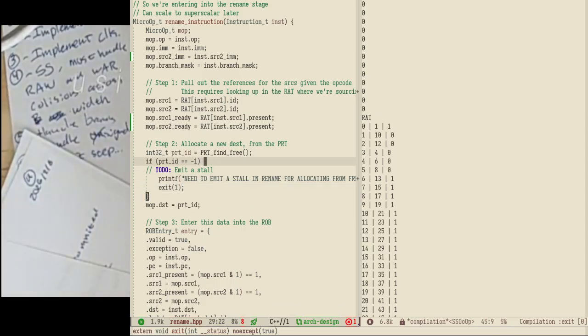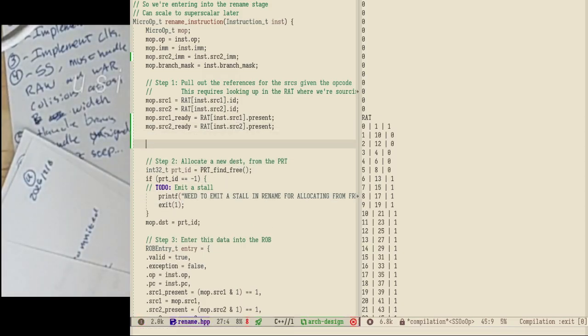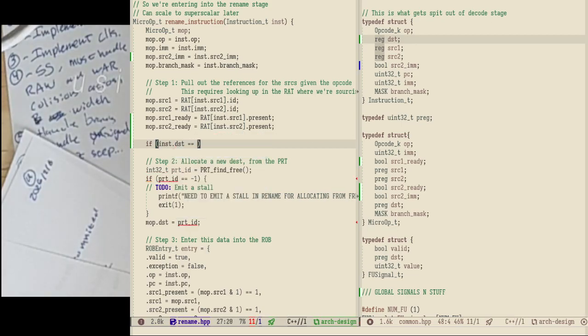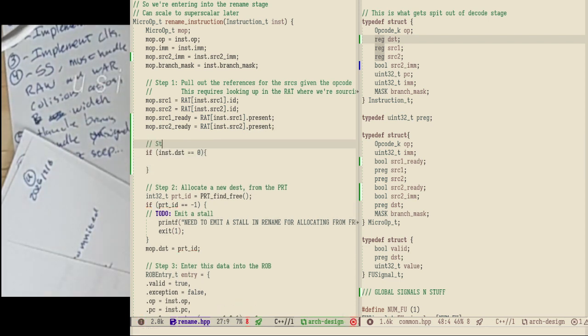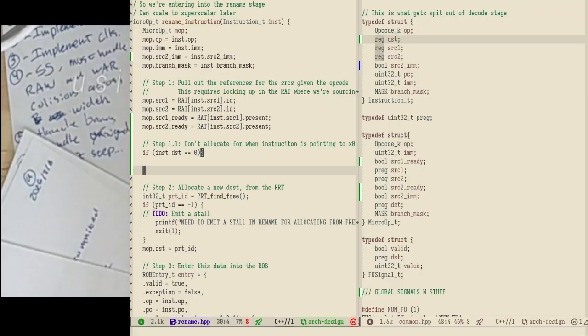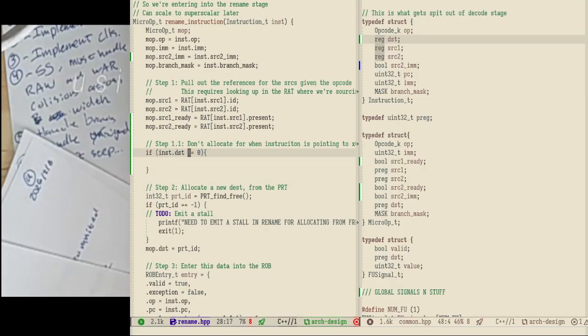Right. So yeah, so if inst.dst is equal to 0, point 1, don't allocate. If instruction test does not equal